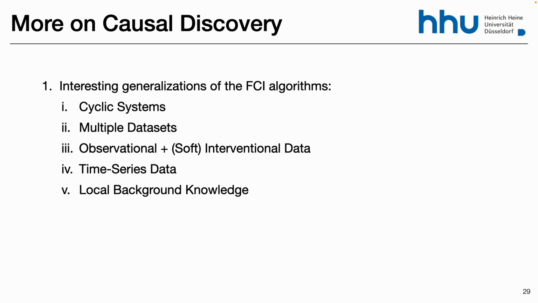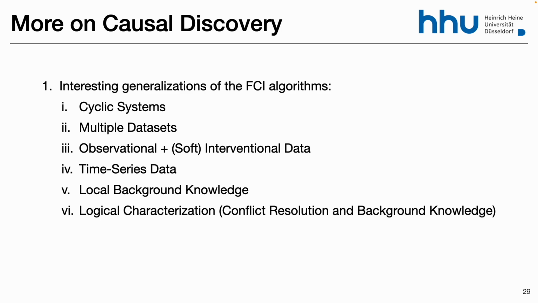As I said, there's a lot of work on including background knowledge in the FCI algorithm. There's a recent paper I'd really like to learn more about. It's still not complete, but it's going in a very interesting direction. There is a way to rewrite all the rules of FCI into logical statements related to ancestral and non-ancestral relationships. You can also rewrite the FCI algorithm as an optimization problem, and then instead of getting one solution, you can get, since sometimes you don't have a solution because of conflicts due to unfaithfulness.